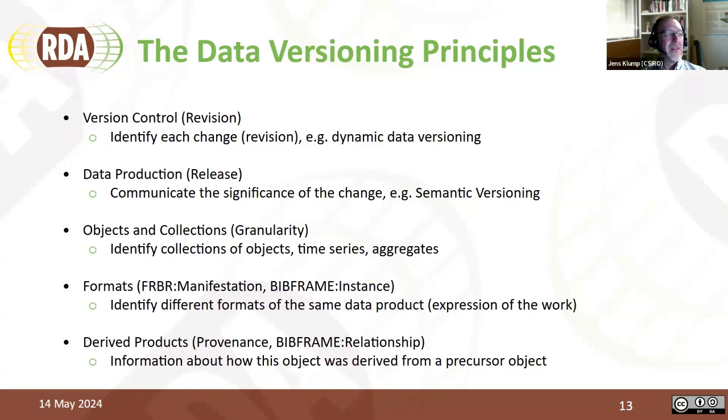And then we have the derived products where provenance comes into play. I think there's still work that we need to do, but it's certainly important to describe how information of a certain object was derived from a precursor object.